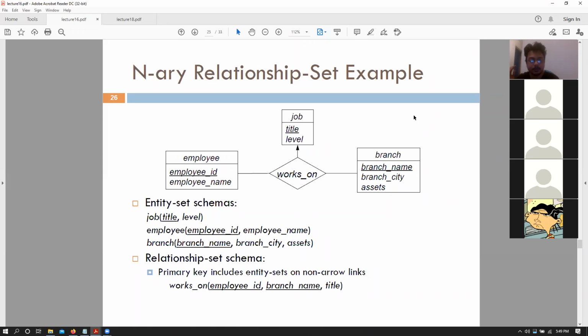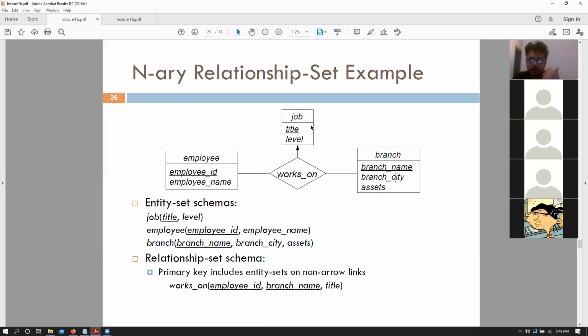Employee ID can unequivocally represent every attribute in the employee table, right? Just the employee table. So employee ID is a primary key, and that is fine. Same applies for job and job titles. Same applies for branch and branch names and so on. So every entity that we have here is a strong entity set.